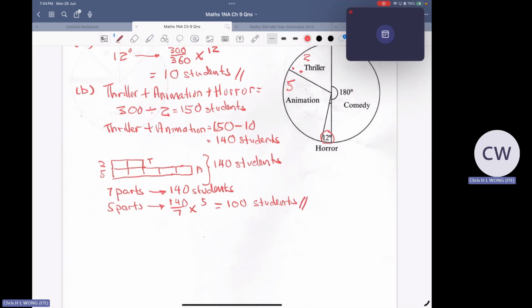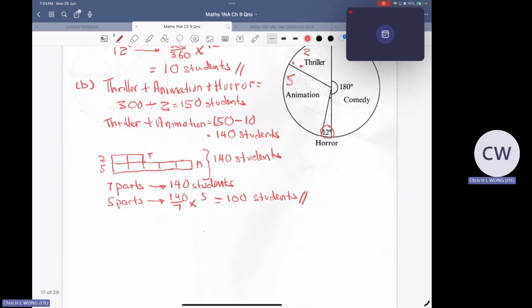Last week, I actually took 2 divided by 7. I should not. I should be taking 2 divided by 9, because the total parts is 9, so I should not be dividing by 7. So I made a mistake there. But I use this, it's clearer. When I use this method, clearer. Okay, so the second one, 100 students.